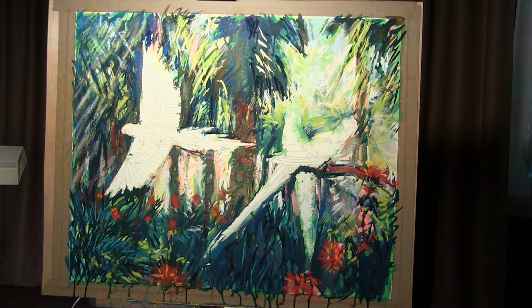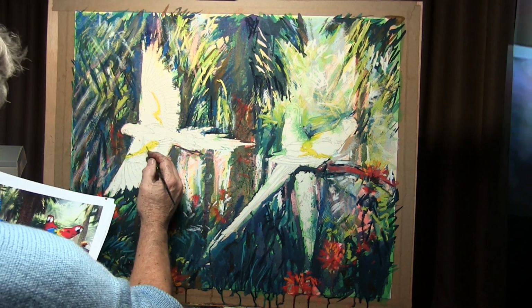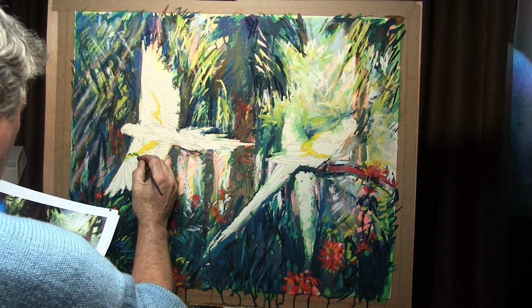Can I pass this around? That's called frisket. Some of the brushes might be oils. I think it was